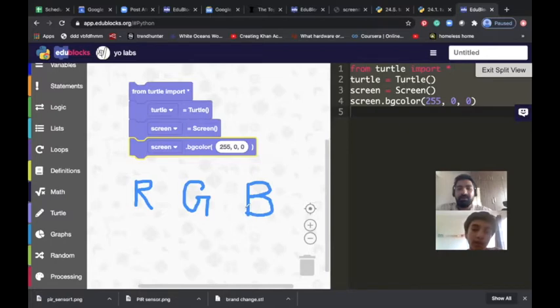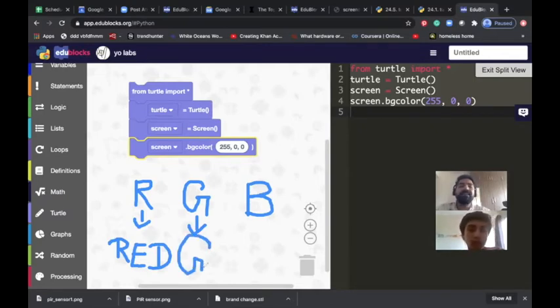RGB. R for red, G for green, and B for blue. So these are the 3 colors.